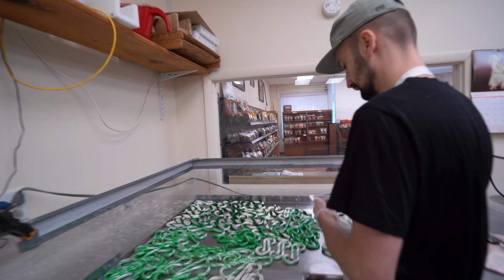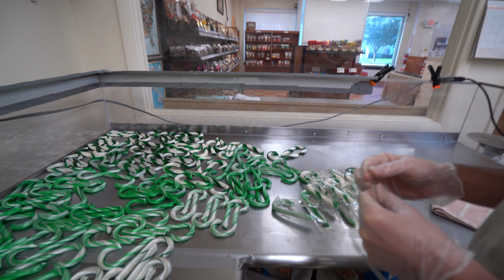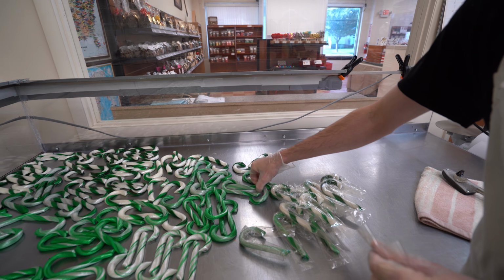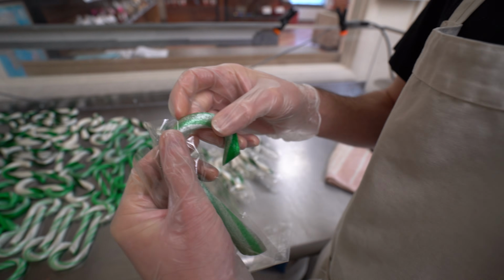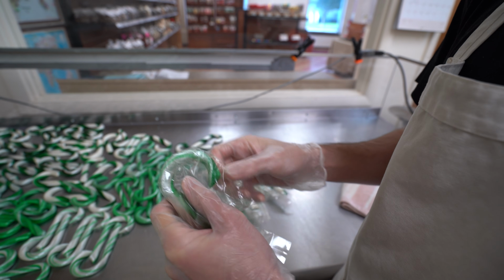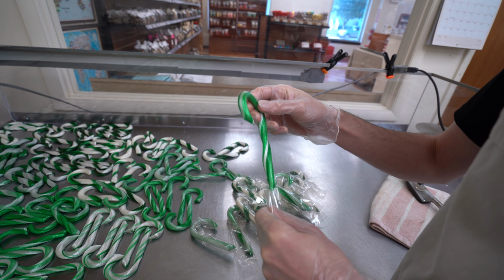Actually, Ezra, since you're already packaging, we can see how the packaging is done. Oh boy. I haven't sealed it yet, but you've got to tube them first. Yeah, I'll show you the tubing. Let us know all the ins and outs for everyone. You scrunch it up so you can pull it, and then you just feed it through. Scrunch, pull, and whoop technique. Scrunch, pull, and